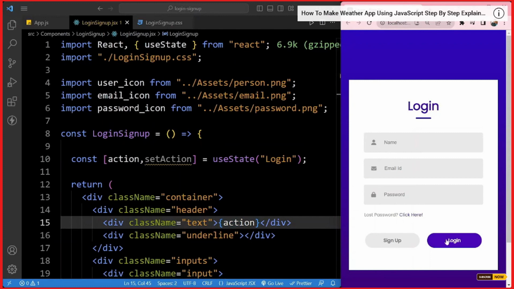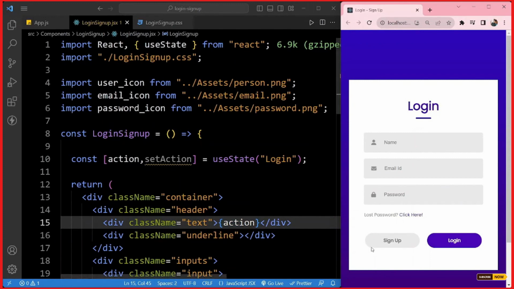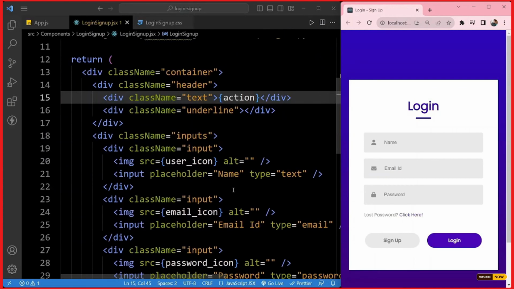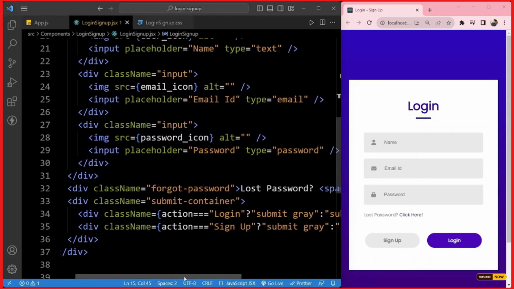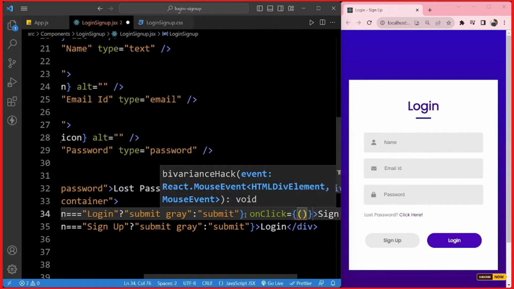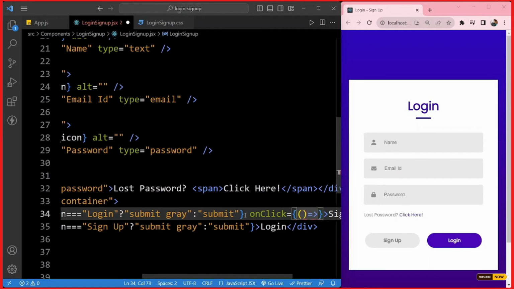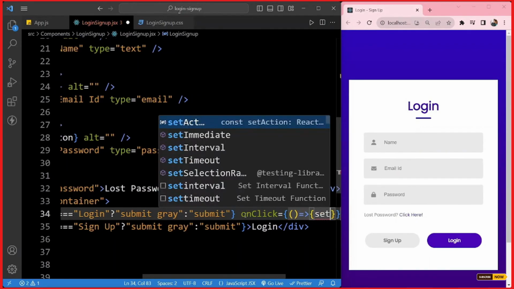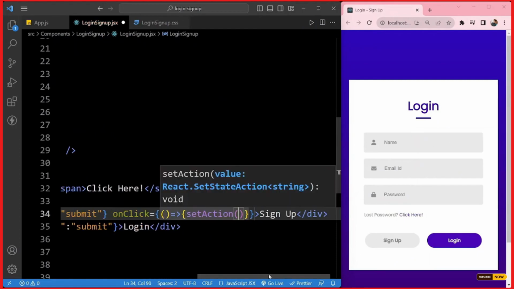If we click on this button, nothing is happening. On clicking on this button, we have to change the state. So to change the state, we are going to add onClick functionality. Here we will pass an arrow function. Inside this arrow function, we will write setAction signup.